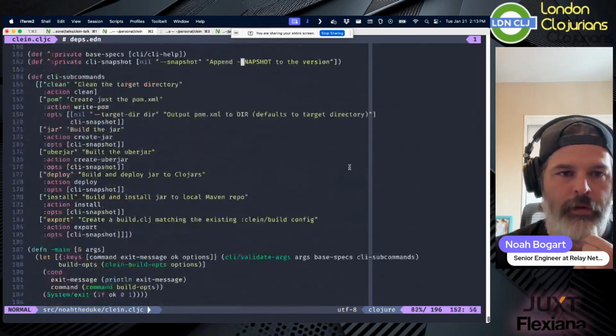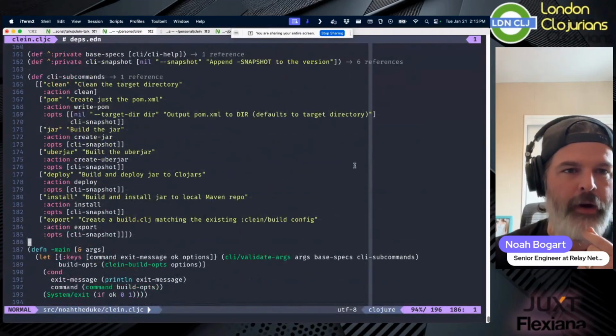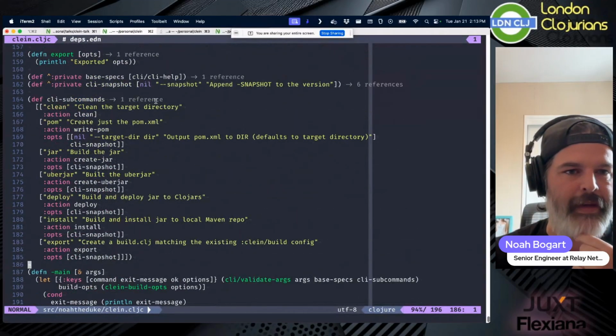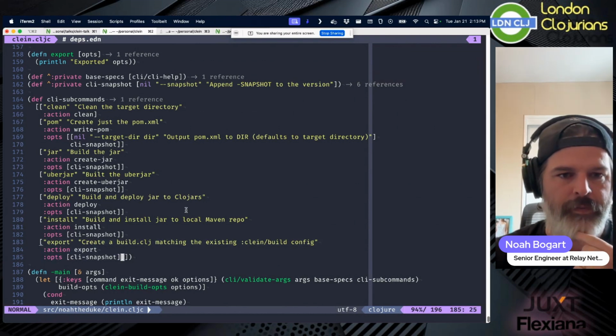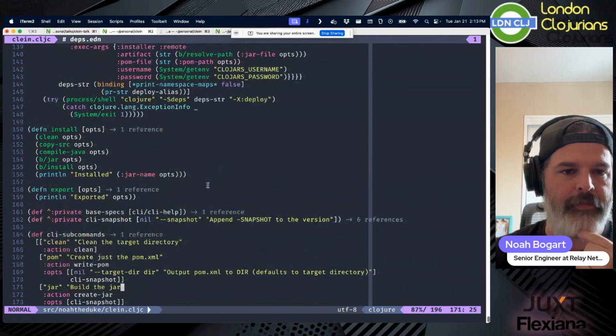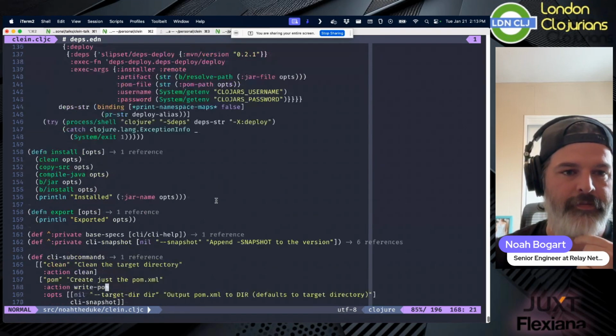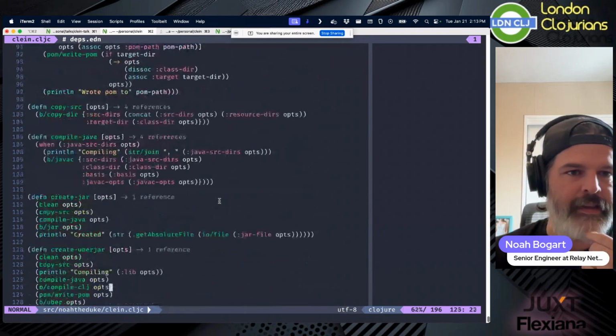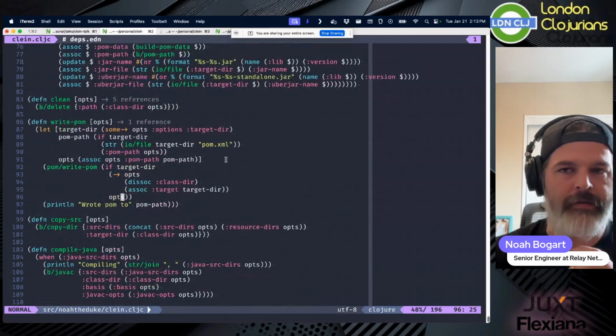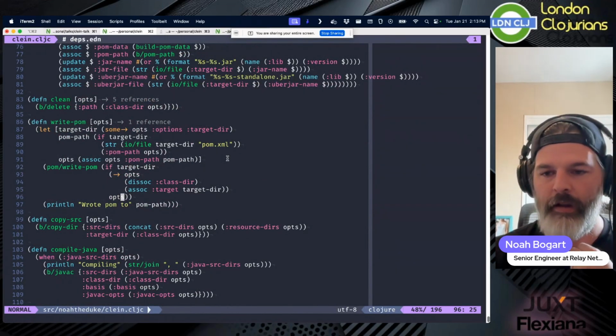So we'll scroll to the bottom. Here are the various CLI commands, subcommands. We can clean, we can generate a POM, we can generate an uber jar or a jar, we can deploy and install, and I'm actively working on export. This is all local. Here's my little CLI stuff. And so as you can see, this is very similar to what happens in a normal